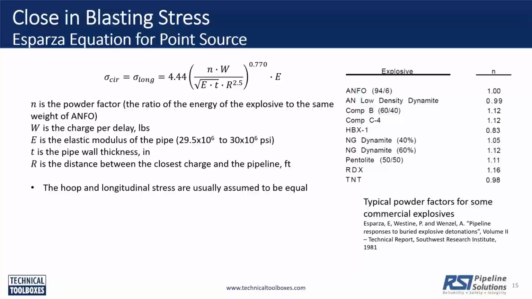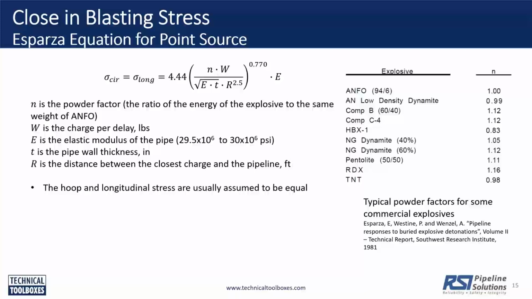When you're using this equation, the operating stress in the pipe is from internal pressure, which usually is calculated from Barlow's equation, right? It's pressure times the diameter of the pipe divided by 2 times wall thickness. Another source for stress is the differential temperature. Sometimes people forget to account for it, but that's important. Differential temperature stress is longitudinal, usually in the axial direction of the pipe. And you have to account for both.